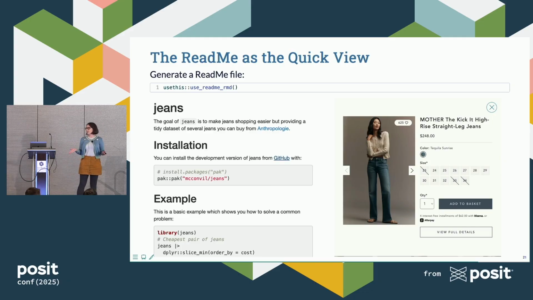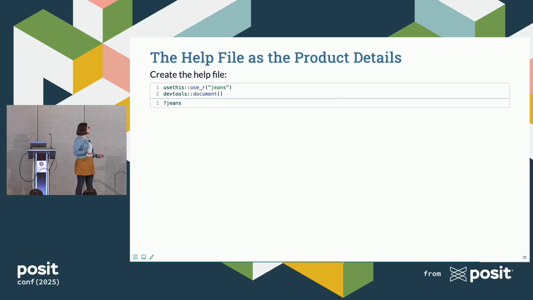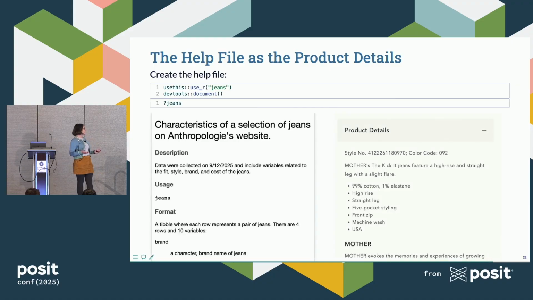Someone decides, all right, yes, I am interested in this package. I'm going to install it. I'm going to load it. So now we should move on to the help file. So the help file is our next layer in to help them get a better sense of this package and the data inside. The usethis function is useful for creating the shell of where you're going to put the contents of your help file. You'll put in some Roxygen code, and then you'll run the document function to turn that into the help files we're used to,